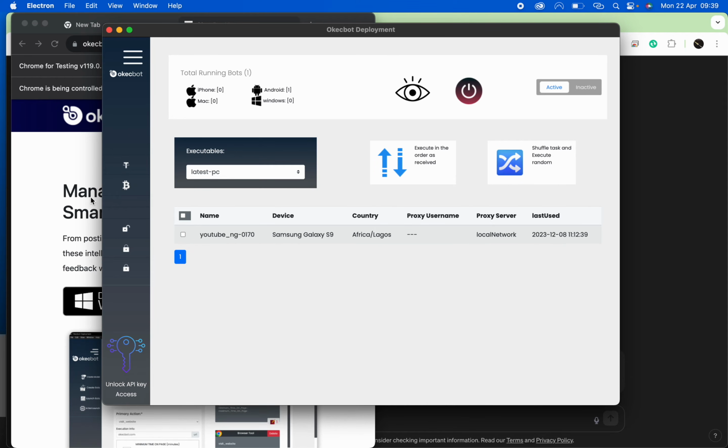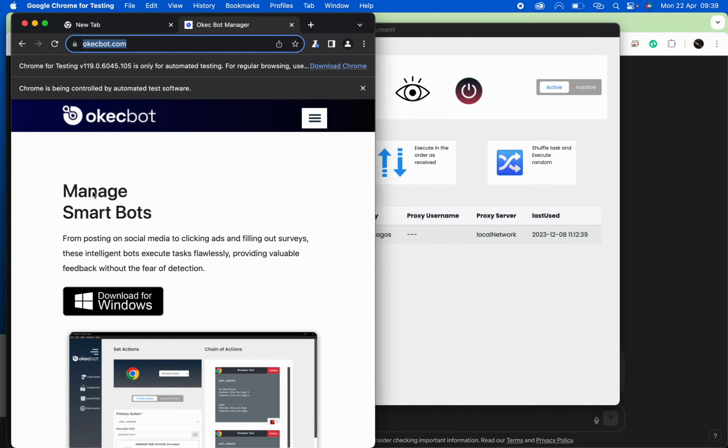Now for this bot 0170, any task it performs, anything it does, if it visits a website, if it makes Google searches, if it watches a YouTube video, if it does basically anything a human being would, every single thing it does is being stored on the Okecbot cloud. That means we store the browser history, the browser cookies, the local storage. And this is because I, Dan Okecbot, a software developer who has been creating a lot of bots and beating